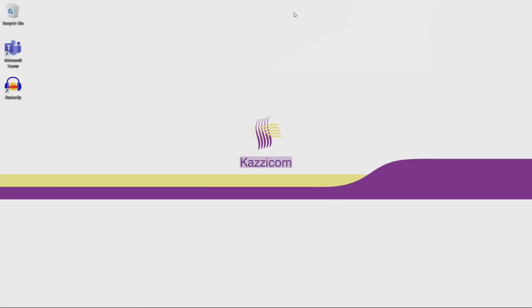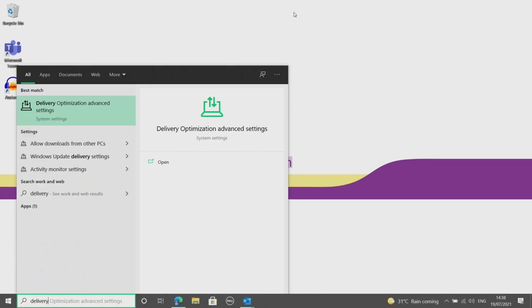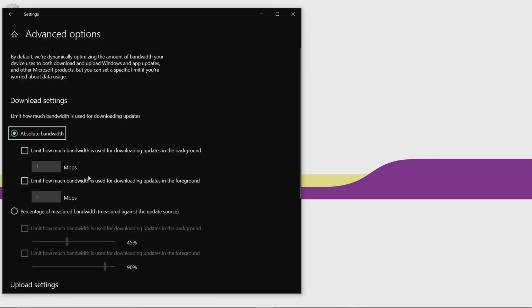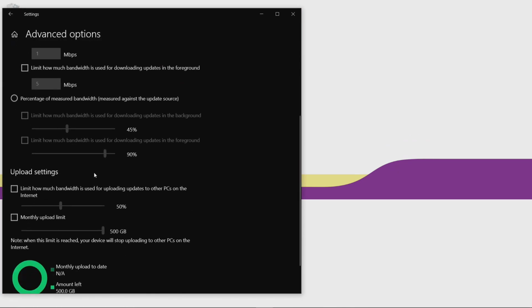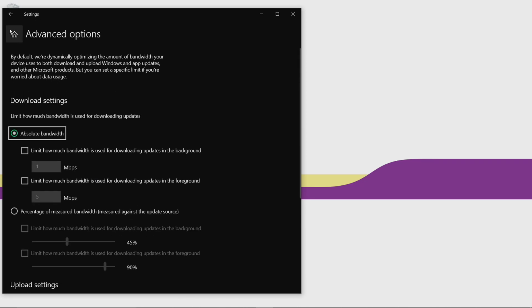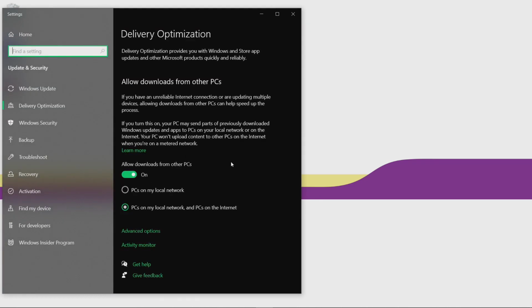In today's video, we're going to be looking at download delivery optimization in Windows 10. To get this up, all we need to do is search delivery, and it will come up with the advanced settings, and from here we can limit the bandwidth which we share between our devices,